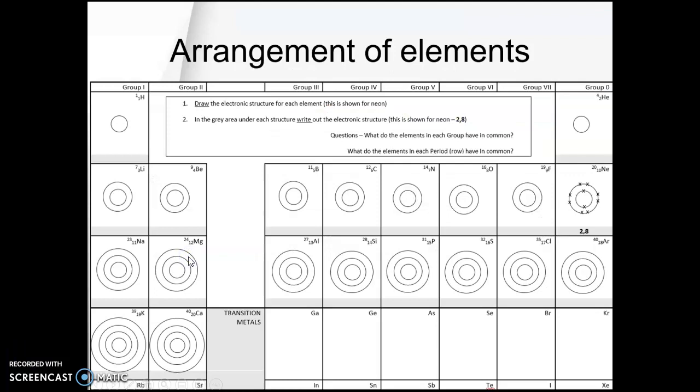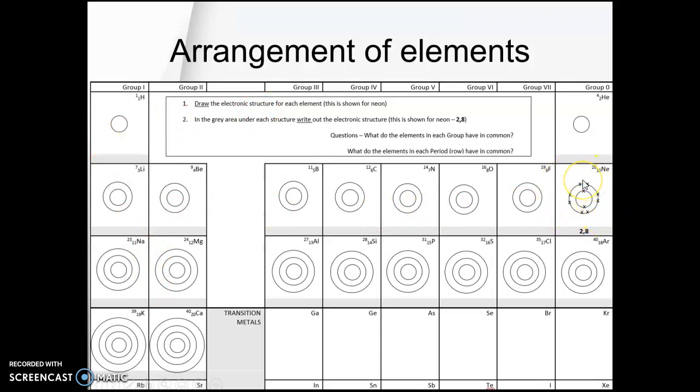So in order for us to work out this electronic configuration of the 20 elements, we need to just download the sheet from the website. You will find this sheet in the website. You can download it, or if you cannot download it, just freeze this video and try to solve it and return back when you have done it to see what exactly we're expected to do. So what you need to do here is to draw the electronic structure or the electronic configuration for these 20 elements of the periodic table, and one has been done for you as an example,